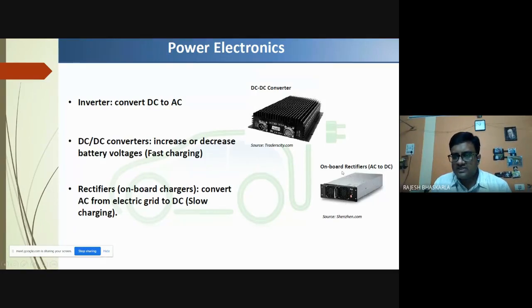So here you can see an onboard rectifier, but this is a larger one. But nowadays, the rectifier size has come down. Now the rectifiers which we are using for the electric vehicles are the size of your laptop chargers. Okay, their size has come down. So power electronics also plays an important role. So the basic objective of this power electronic converter is to convert the supply into the required format of the motor in terms of voltage and current in order to get the required torque and speed capabilities.